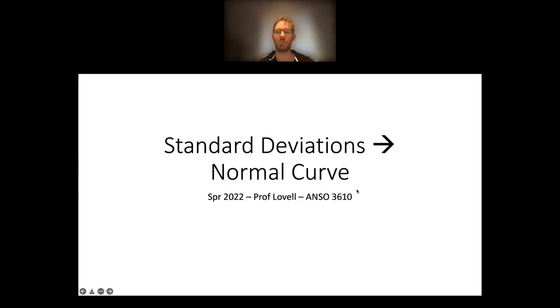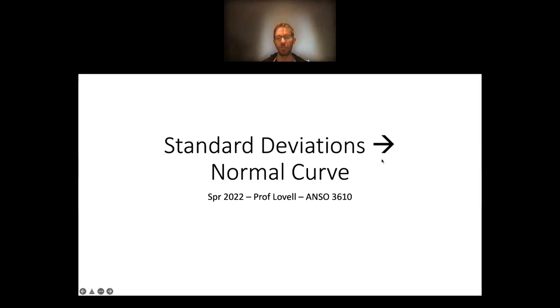Hi everyone, this is Professor Lovell, and today we are going to go from talking about dispersion to really understanding what standard deviations are, and then a more theoretical but important concept of the normal curve and how that is useful in basic statistics. The normal curve is going to be a requirement to a lot of the inferential statistics that we do, and so it's important that we really grasp the concept of the connection between standard deviations and